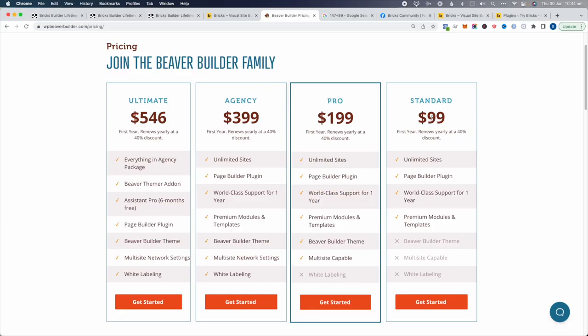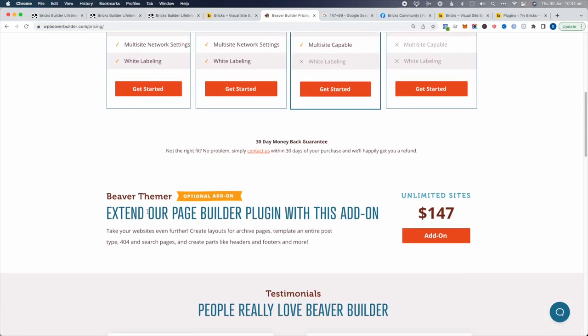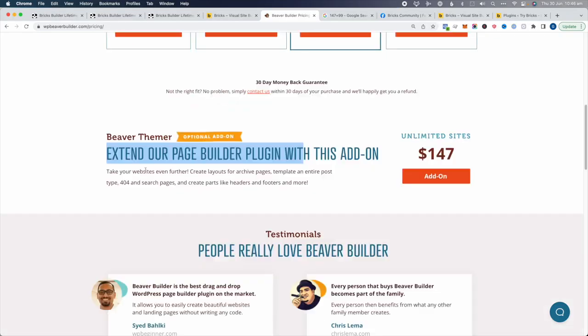And if we have a look here, it's $99 at a 40% renewal. And if you go down, they have this add-on plugin called Beaver Themer, and that is $147, and that's renewed every single year. And I think you get the 40% off on that as well. So if you're going out and building websites using Beaver Themer, I would assume that you have this add-on as well as one of these up here, because you do need this to go out and build your archive pages,